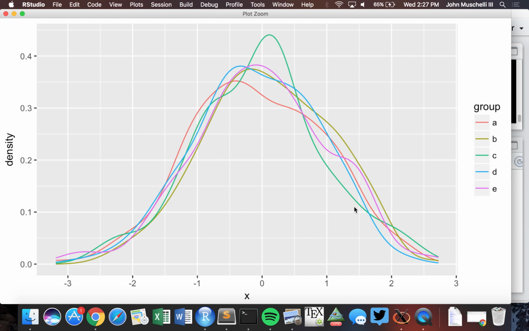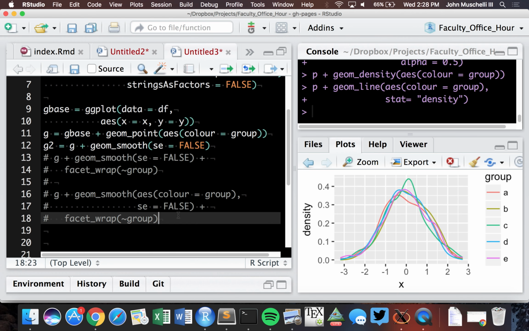So yeah, those are some of the examples I tend to do a lot, because I think a lot of times, almost always in the data we're working with, we want to do something. We want to do facets. We want to separate the data by some other variable, either by color or by facet. Lastly, what I wanted to say was